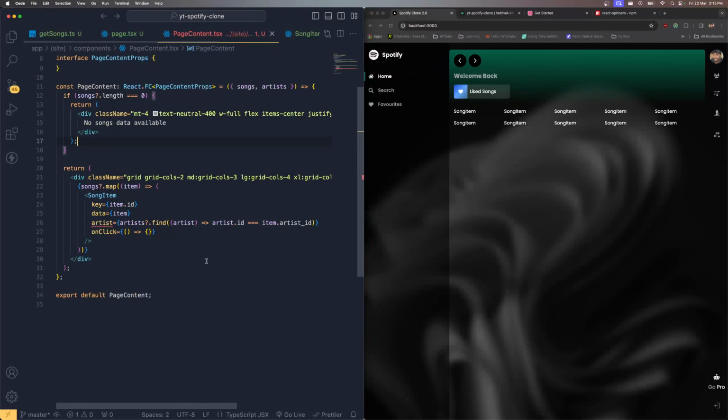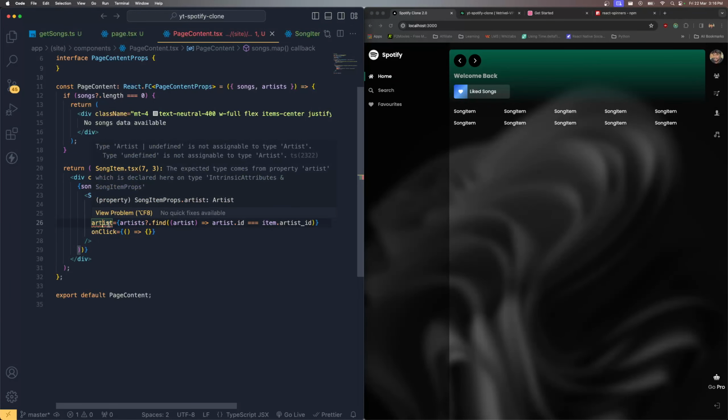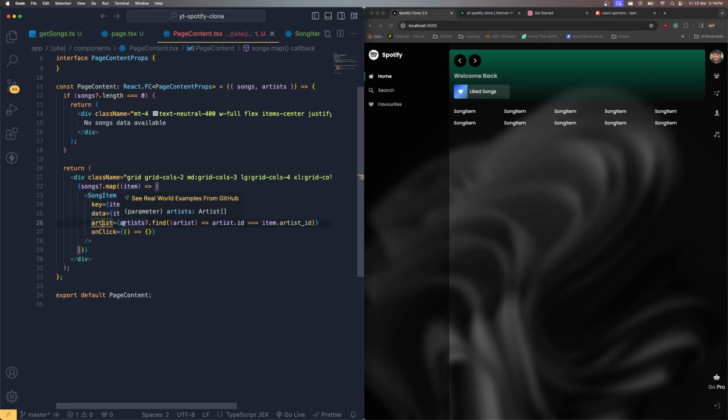Still we are getting that error. Why? How come we are getting that issue? songs.map, we're getting the item, and song item key data, it's going to be artist item, and artist, which is going to be